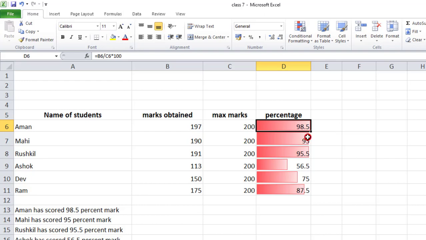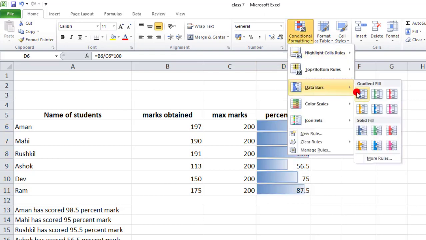You can see 95.5. Here you can see the gap. Look, 56.5 is there. That's why you can see the huge gap here. Means this bar resembles 56.5%, assuming this complete cell as 100%. 75, 87. Means simply you can say they will help you to apply the bars of your choice like this.